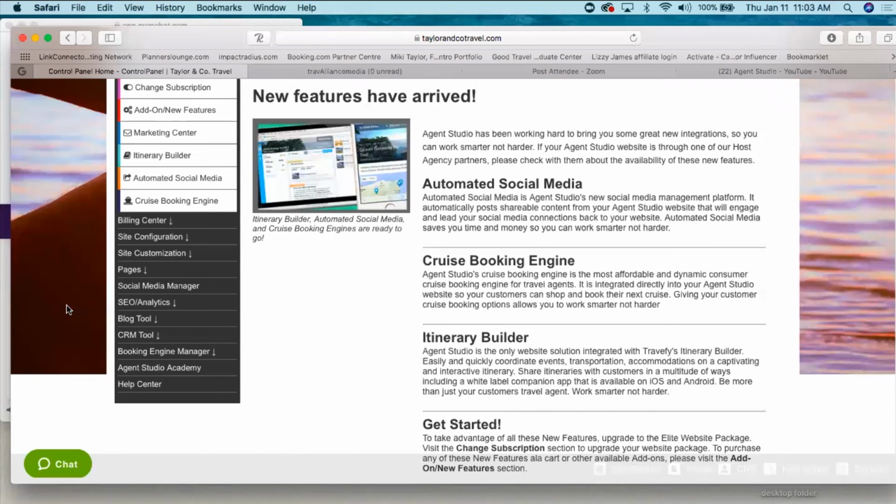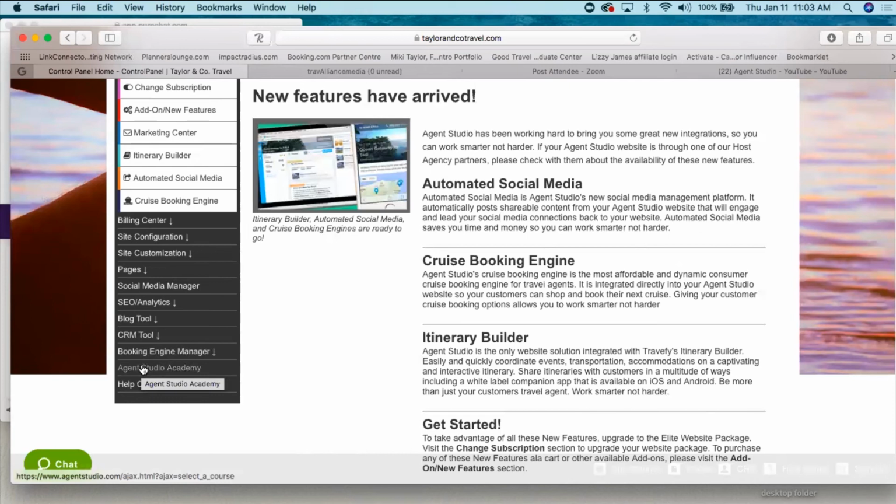So it is a work in progress. It's not going to happen overnight. So don't get discouraged as far as customizing your website. It does take time, and it's an ever-changing process. So it's always ongoing. So just don't get discouraged.